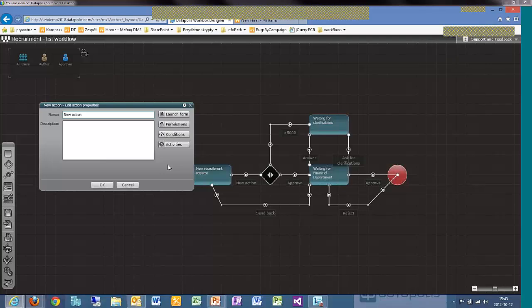Web frontend. Web from frontend. Yes. Okay, and